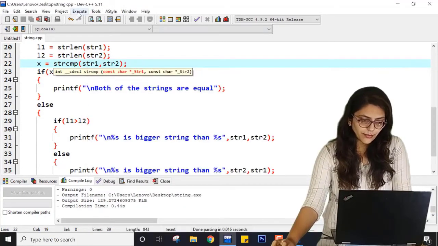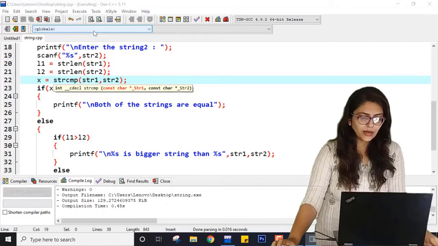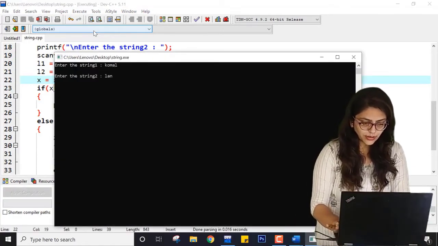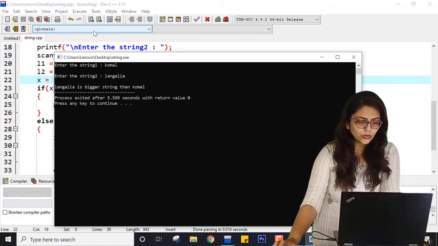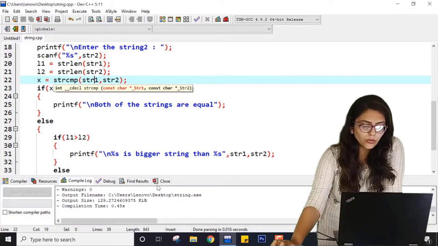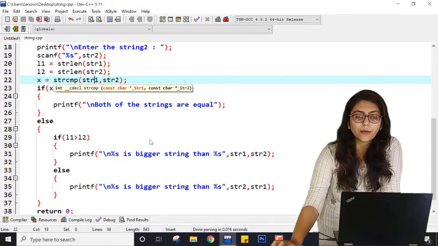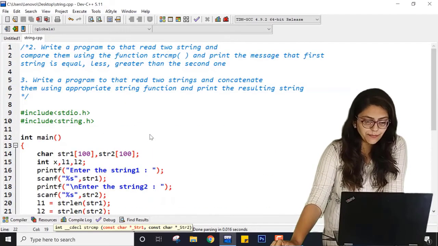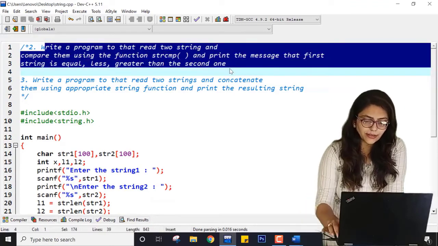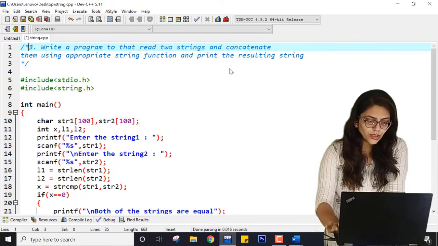But what if I write Komal here and here Langalia, my surname? So Langalia is bigger string than Komal. So this is how you can perform a program of comparing two strings using strcmp and print the greater one. So this practical is over.